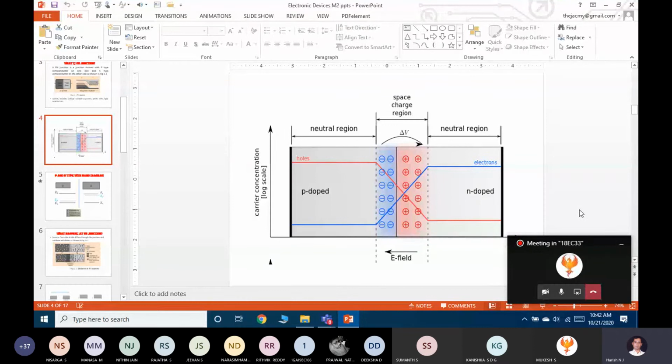Lightly doped ಅಂತ ಬಂದಾಗ ನಾನು I am going to assume cut-in voltage will be 0.8. For moderately doped ಅಂತ ಬಂದಾಗ cut-in voltage it will vary from 0.6 to 0.7. Heavily doped ಅಂತ ಬಂದಾಗ the cut-in voltage it will vary from 0.4 to 0.5. Using those assumptions I am going to calculate some of the parameters of the PN junction diode. The concept is clear?